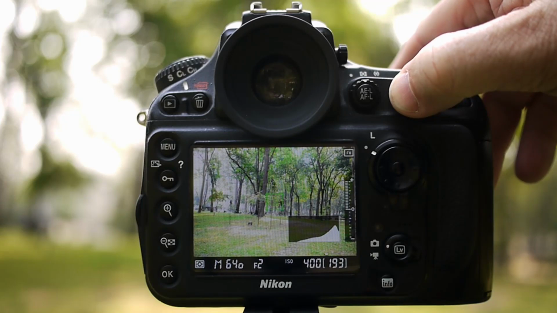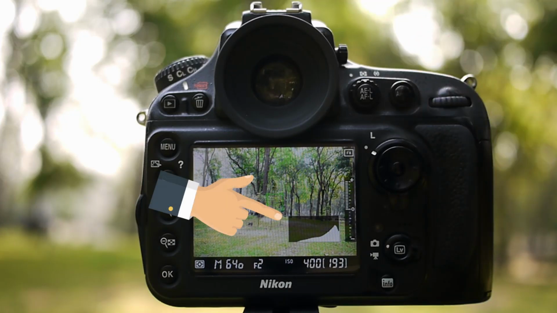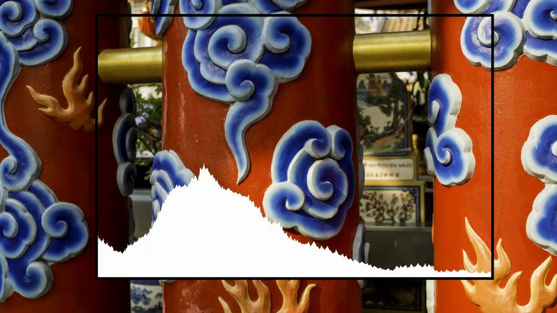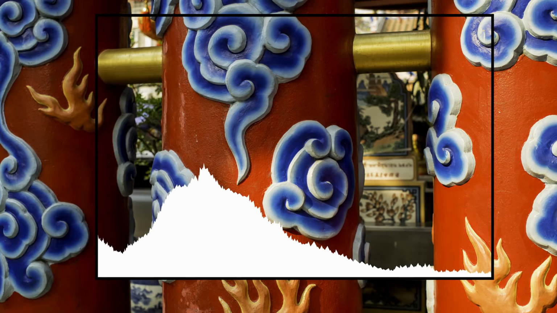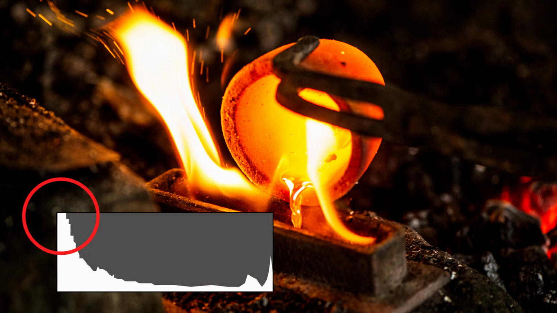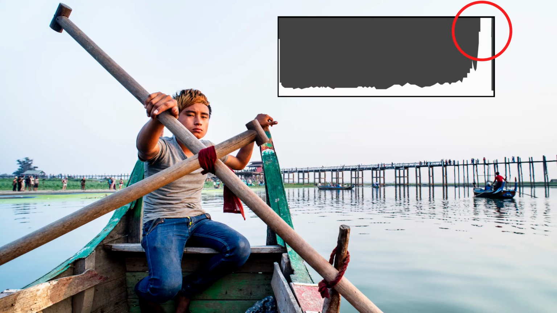You may have seen this graph-like display on your camera and possibly in the photography software you use on your computer. This is a histogram. It is a graphic representation of the tone values in your image. Towards the left side, the dark tones are represented, in the middle are the midtones, and the lightest tones are towards the right side. Simply put, if the graph is bunched up to the left and reaches the top, you have lost detail in the darkest parts of your image. If it's bunched up to the right, you've lost detail in the brightest parts of your image.